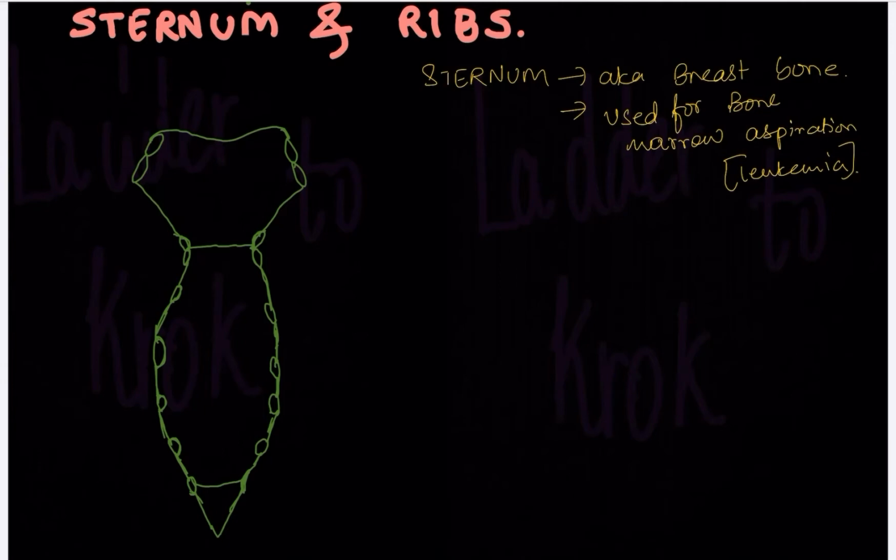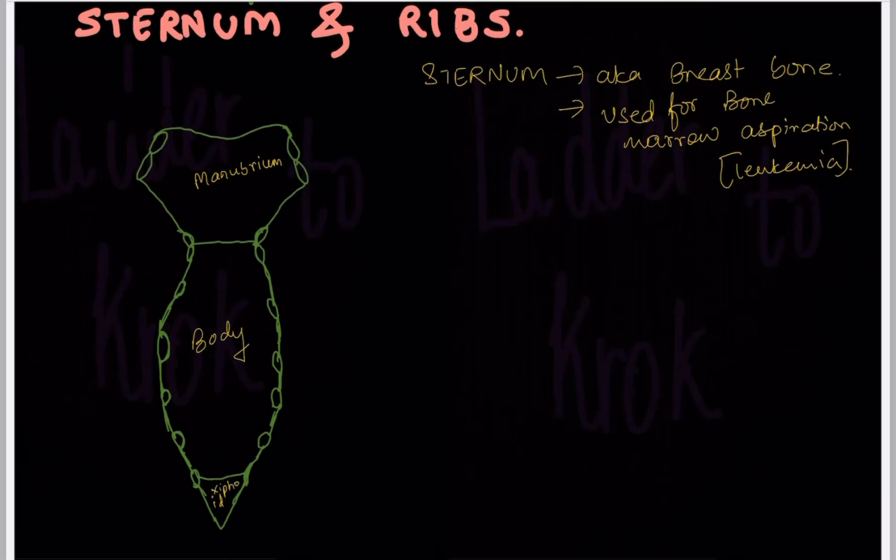Now let's start. Your sternum is mainly divided into three parts. So this is the manubrium. Draw this simplified version. In the next slide, we'll look at the real picture of the sternum and revise from there. Manubrium, this is the body, and this is the xiphoid process. Here you can see this depression, right? This is called the sternal or jugular notch. You can feel it right where your neck ends and your clavicle meets. That depression is your sternal or jugular notch.